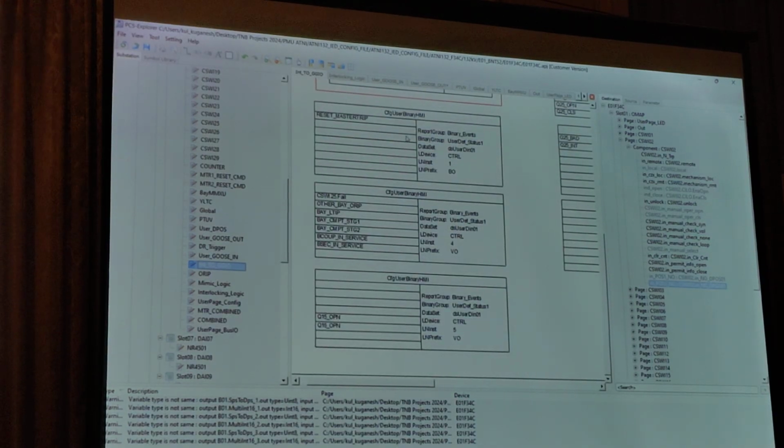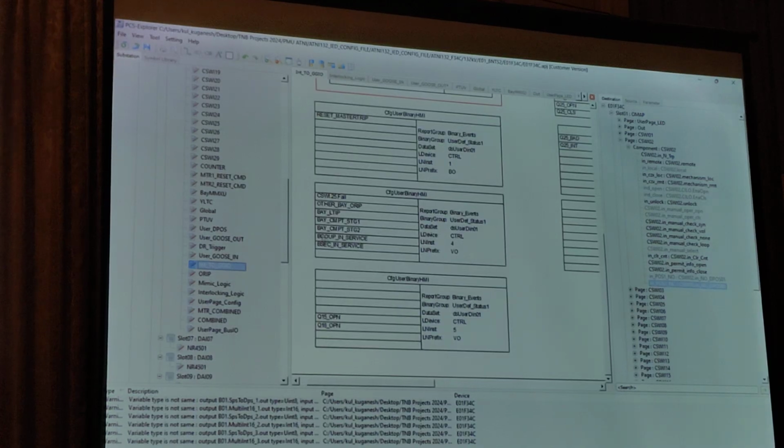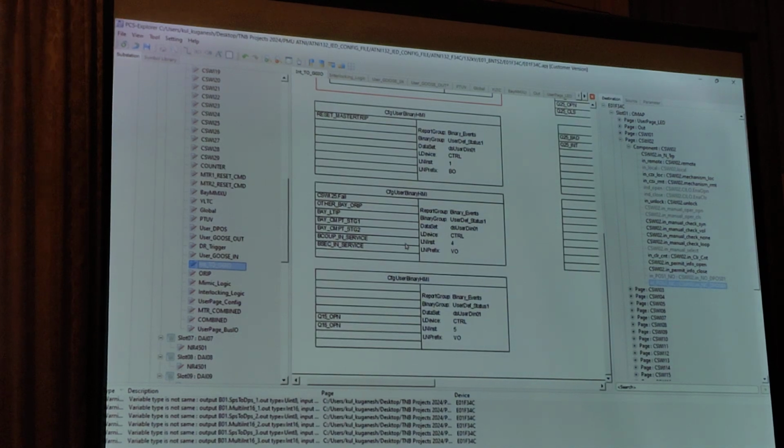Okay, so where we can see the config user binary HMI, right? So let's say bus coupler, bus section in service. This is a goose signal, but HMI needs to understand that this goose signal is being triggered at this BCU. So for that you need to come up with a specific block. Not all the signals are needed, but some signals like